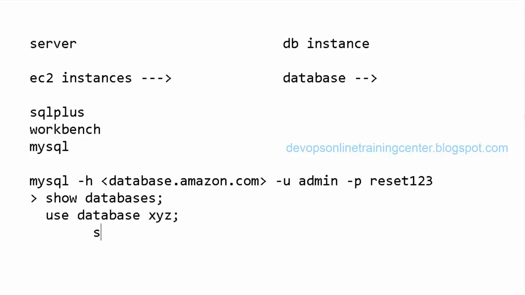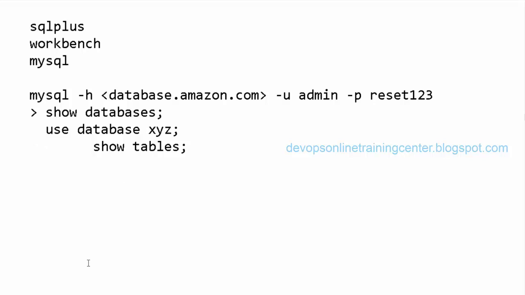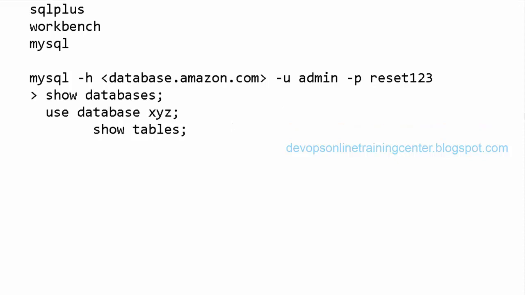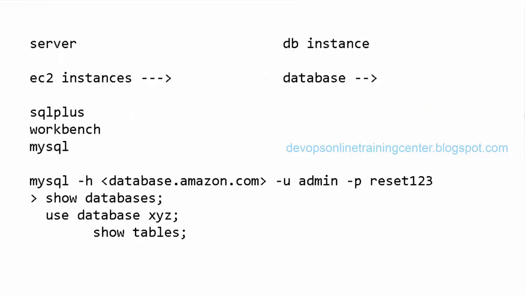And then there are some tables, and you can write queries and all here. So that way we configure. I got you. Yes, as you said, we can configure and install on the server as well if the database is not so big and the data which we write is not so big. But in general, we do it like this.